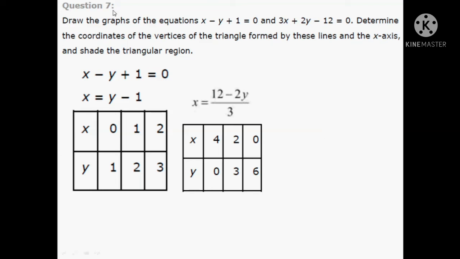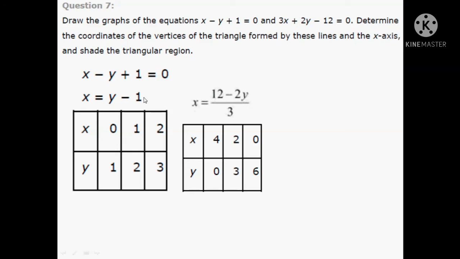Let us do question number 7. Draw the graph of the equations x minus y plus 1 is equal to 0 and 3x plus 2y minus 12 is equal to 0. Determine the coordinates of the vertices of the triangle formed by these lines and the x-axis and shade the triangular region. Now we have been given two equations, x minus y plus 1 is equal to 0